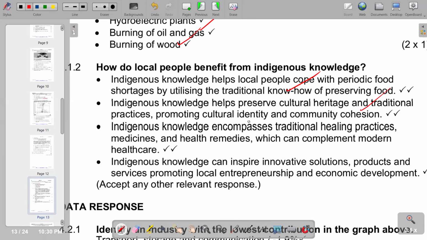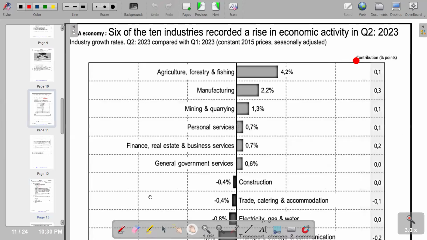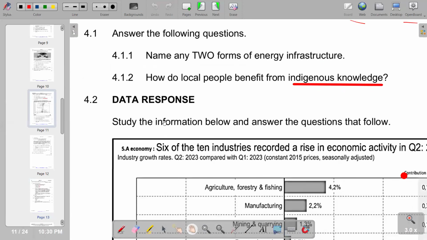Indigenous knowledge encompasses traditional healing practices, medicines, and health remedies which can complement modern healthcare. So these are the points that we can include within the context of our question 4.1.2. So moving on to the next question that we have, we now on data response, start the information below